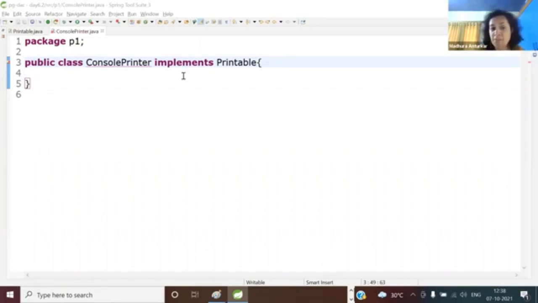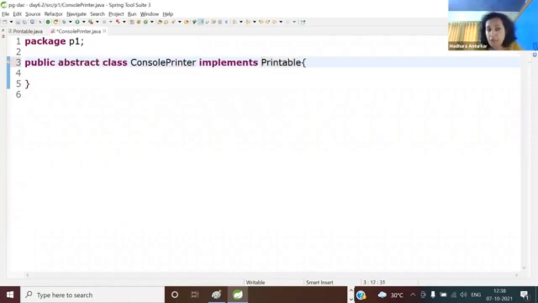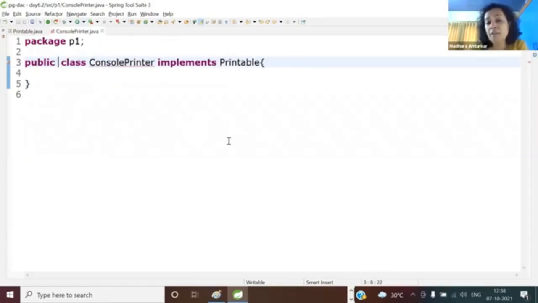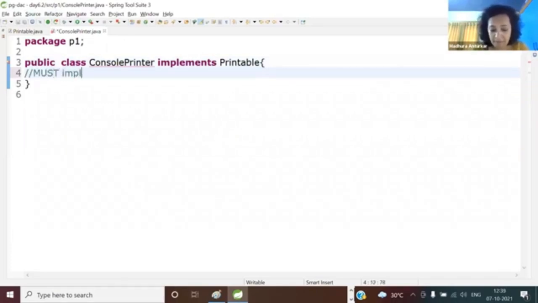When you say implements, all you are doing is inheriting the abstract functionality. So how to satisfy the compiler? If you don't know how to print, you can't implement the functionality, so you can simply say public abstract class and the compiler is satisfied. But I don't want to show you the abstract implementation class. If I want to do it in a concrete, non-abstract manner, what is the rule? Must implement